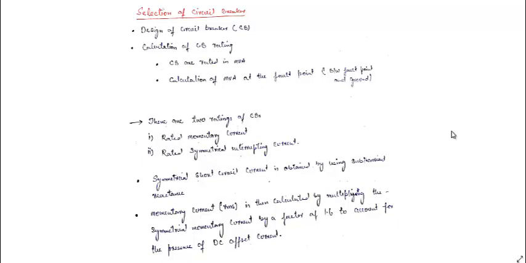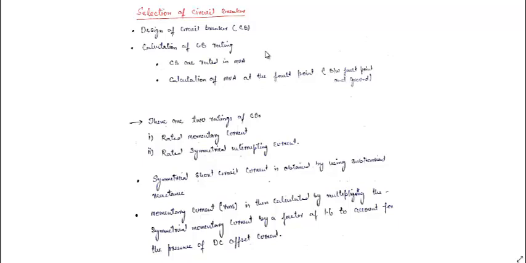So today's topic is the selection of the circuit breaker. Actually, it's the selection of the rating of the circuit breaker, and as per the rating, we have the size of the circuit breaker. So in the first class, I told you that we do the fault analysis actually to design the circuit breaker. So selection of circuit breaker means design of the circuit breaker. Design of the circuit breaker means calculation of the circuit breaker rating. So we need to calculate actually the circuit breaker rating.